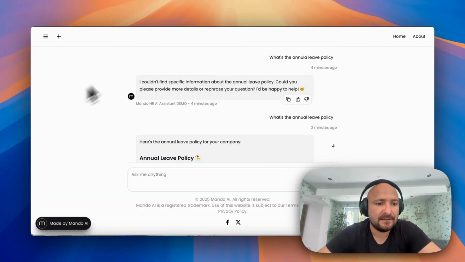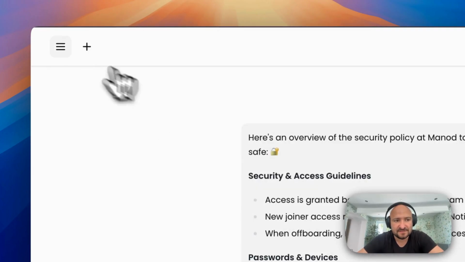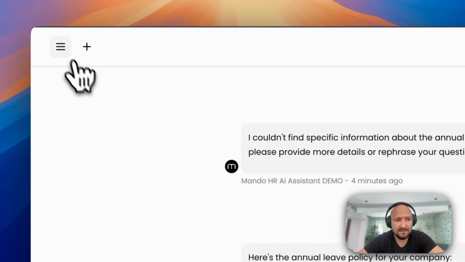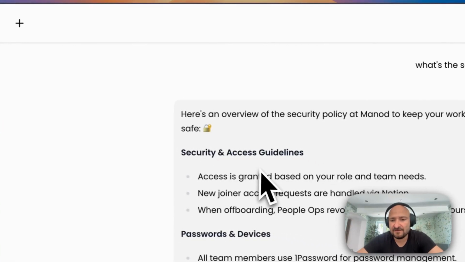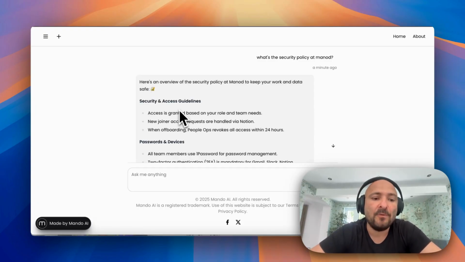I can now start a new conversation by clicking on this button, or I can check my previous conversation with the same agent. It's very simple, very fast, and easy. And most importantly, it's super accurate. This is what we've been working on for months, which is experimentation and product iteration in terms of data ingestion, in terms of chunking, all just to make the optimum